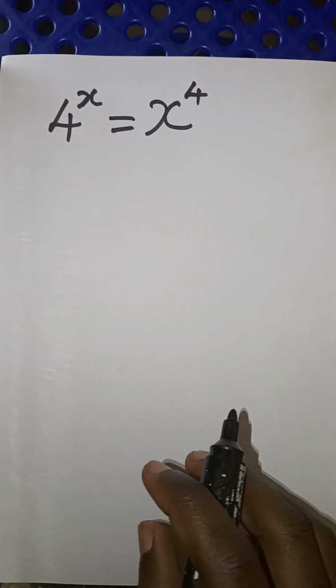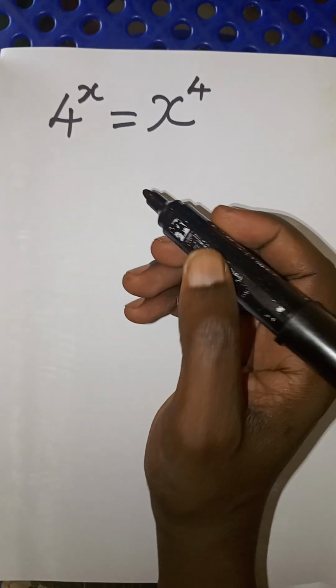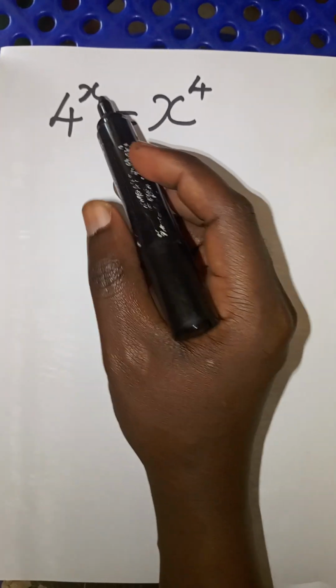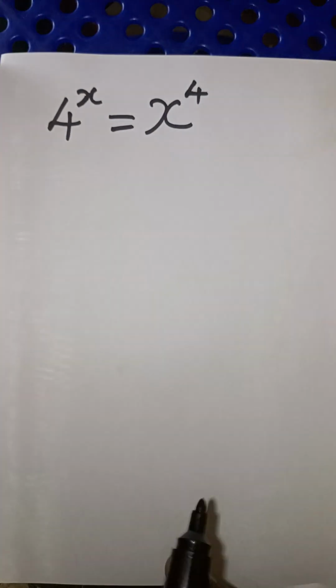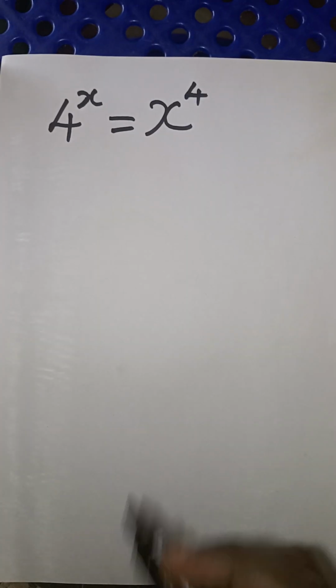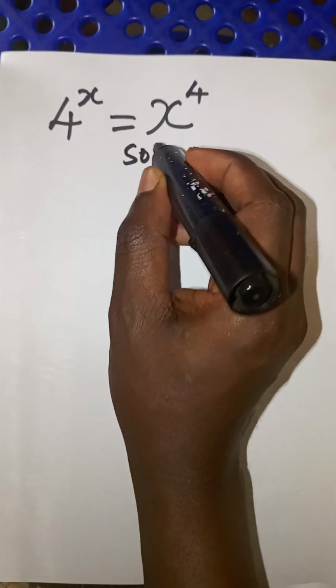So today we have an interesting type of exponential equation where we are required to find the value of x given that 4 raised to x is equal to x raised to power 4. I'm going to take you through step by step up to the final solution. So straight away into the solution,